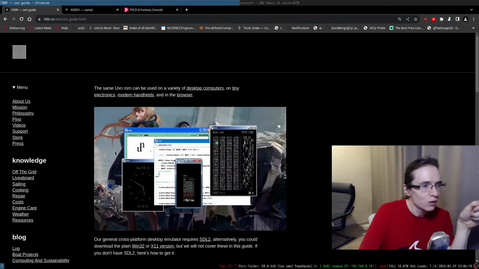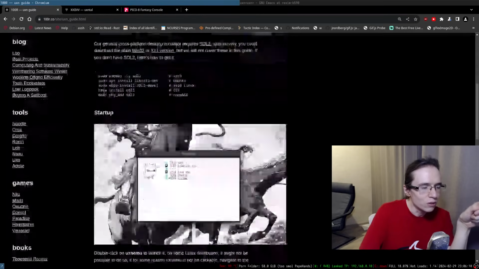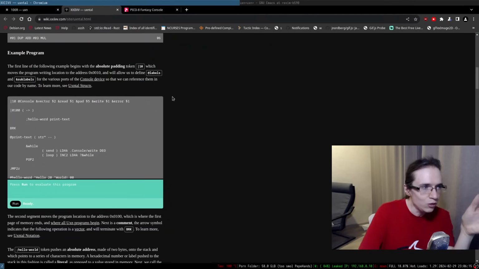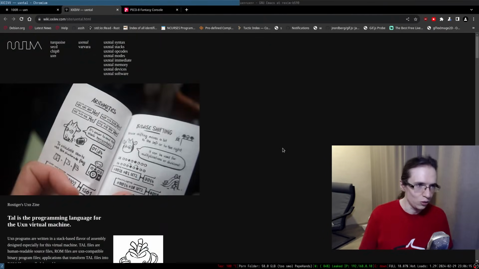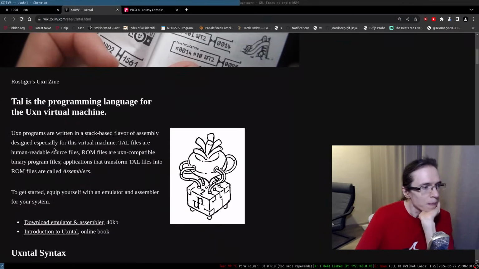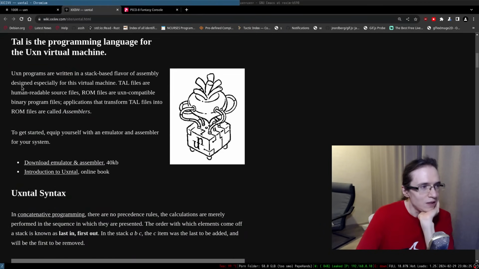UXN guide. So this is how you build this thing. Maybe we should look into the programming language. So there's some sort of a book. UXN TAL is a stack-based flavor of assembly designed specifically for this virtual machine. TAL files are human-readable source files.